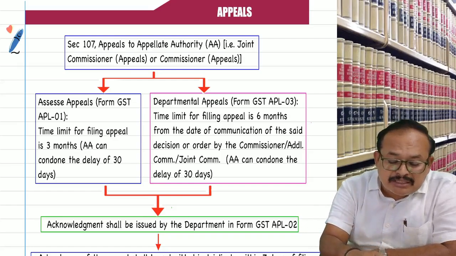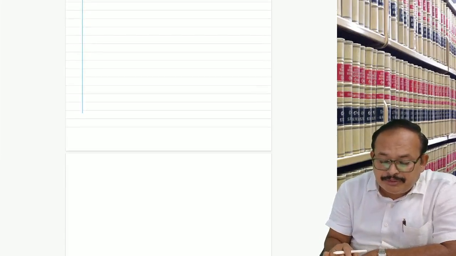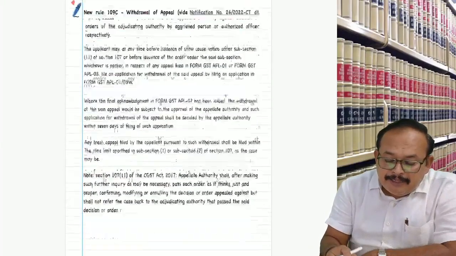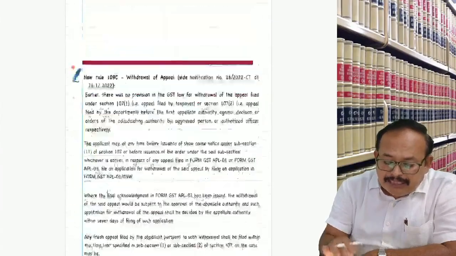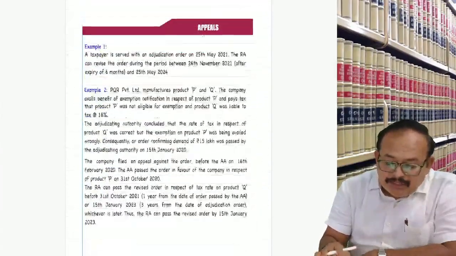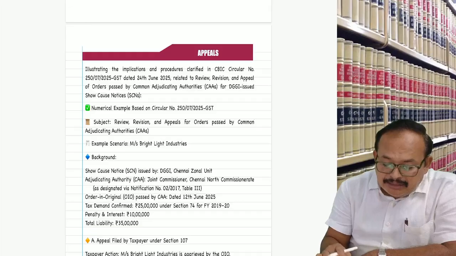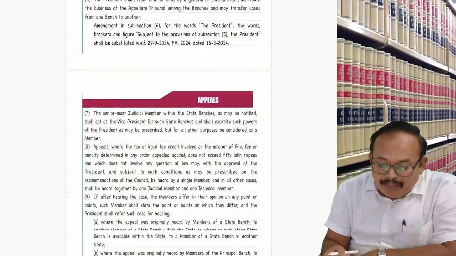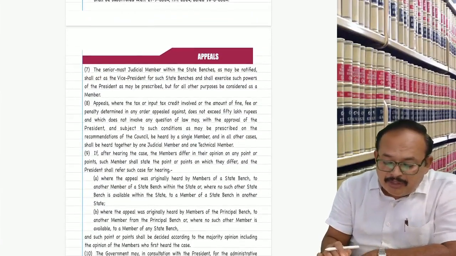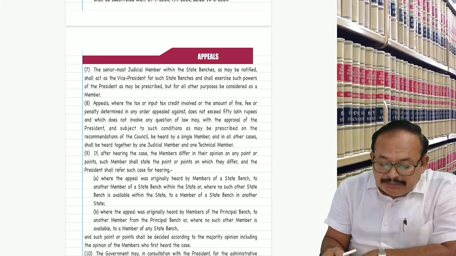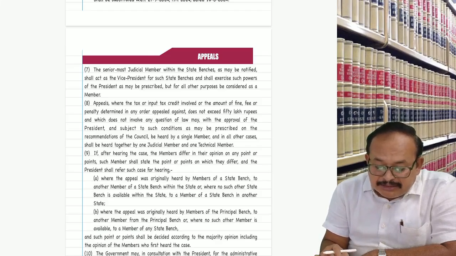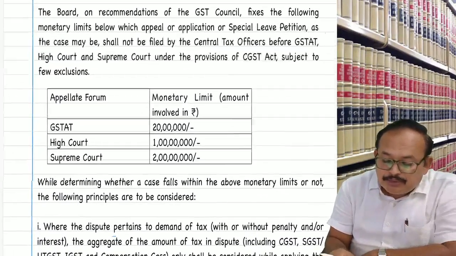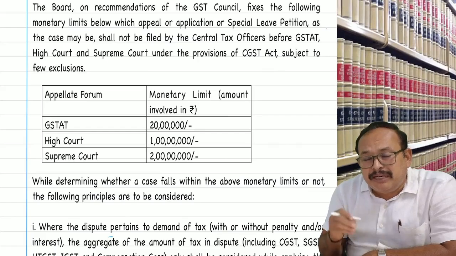What are those restrictions here? If you are going for appeal as a department appeal, it should be within the following limits. If the limit is exceeded, only then go for appeal. Otherwise, you are not eligible for appeal. That monetary limit I am bringing to your notice for kind consideration is as follows, in our matter given to you. Suppose the appeal is filed by the department